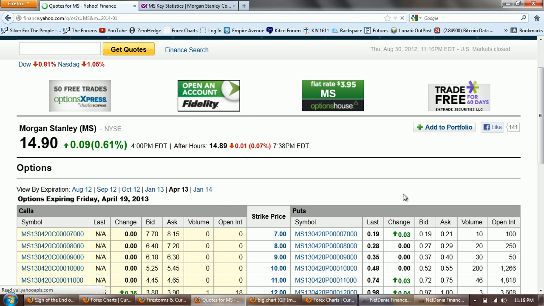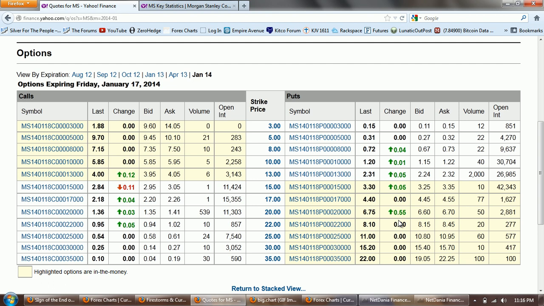It's not until we get out to the January 2014 leaps that we see some interesting activity here. First of all, we've got a very large open interest in the 13 strike put, and we've also got a very large open interest in the 15 strike put. This expires all the way out at January 17th of 2014. So you've got a good year and almost a half for those options to play out. Clearly someone made a very big bet here today on this play. You can see 2,000, and the price of this is about 200 bucks.